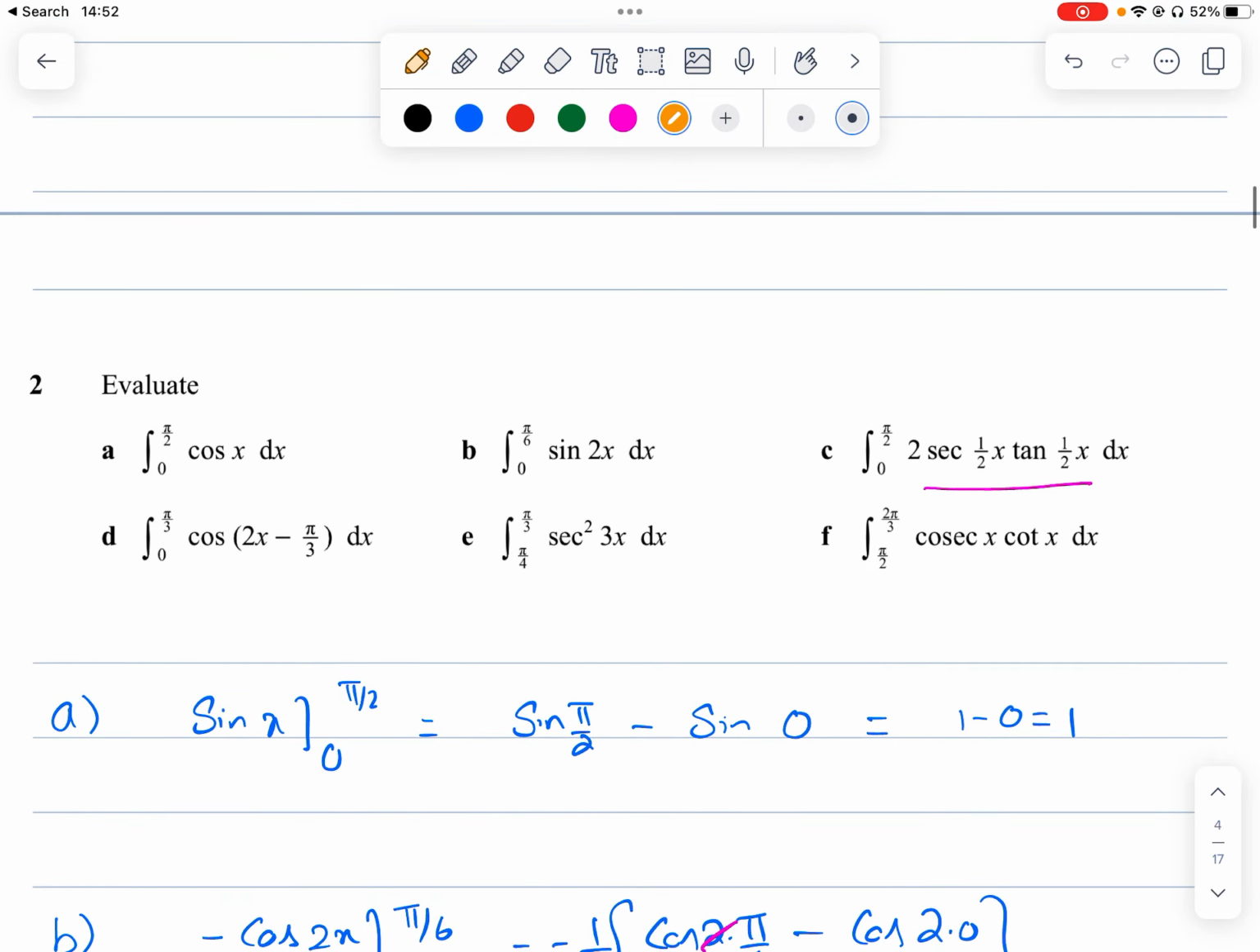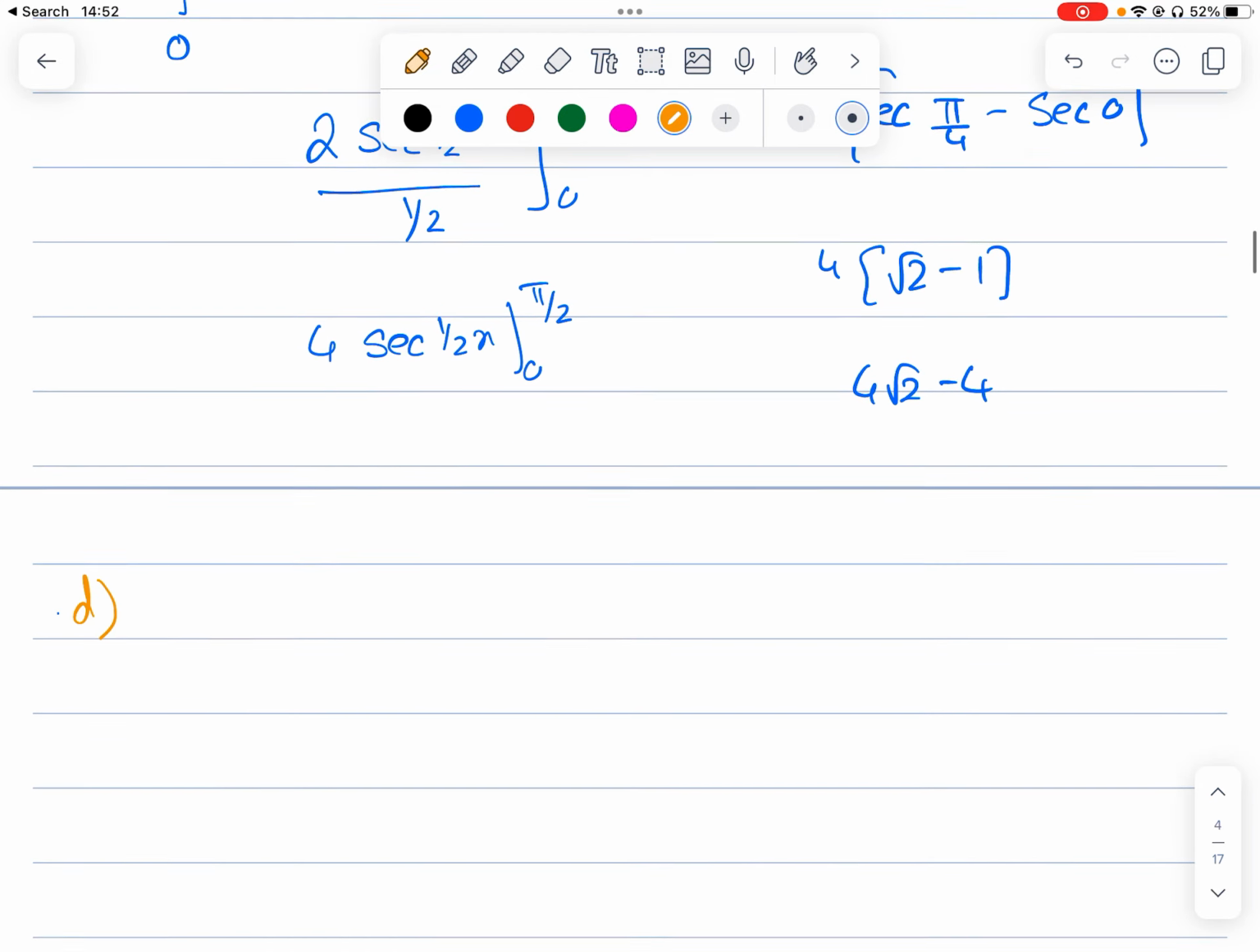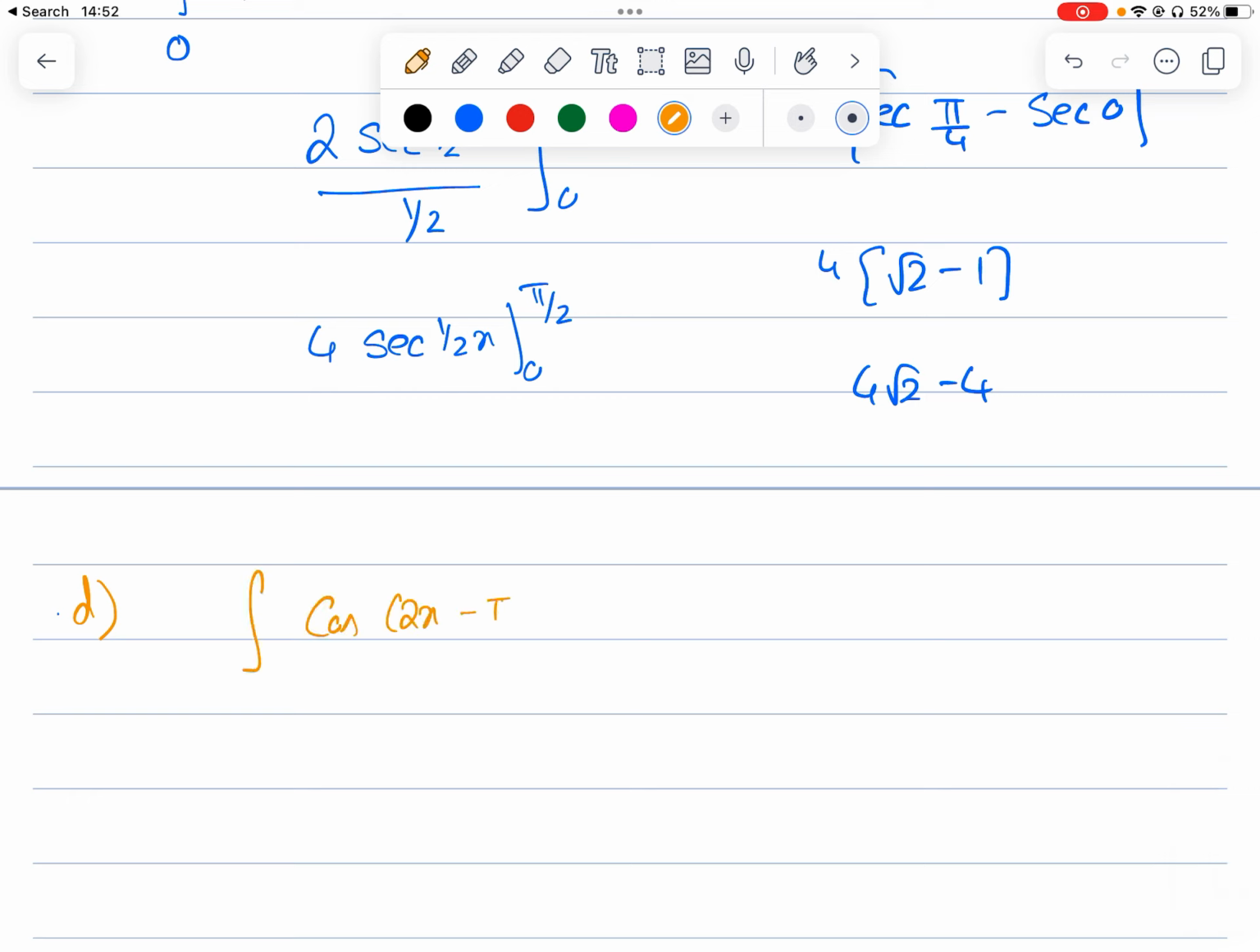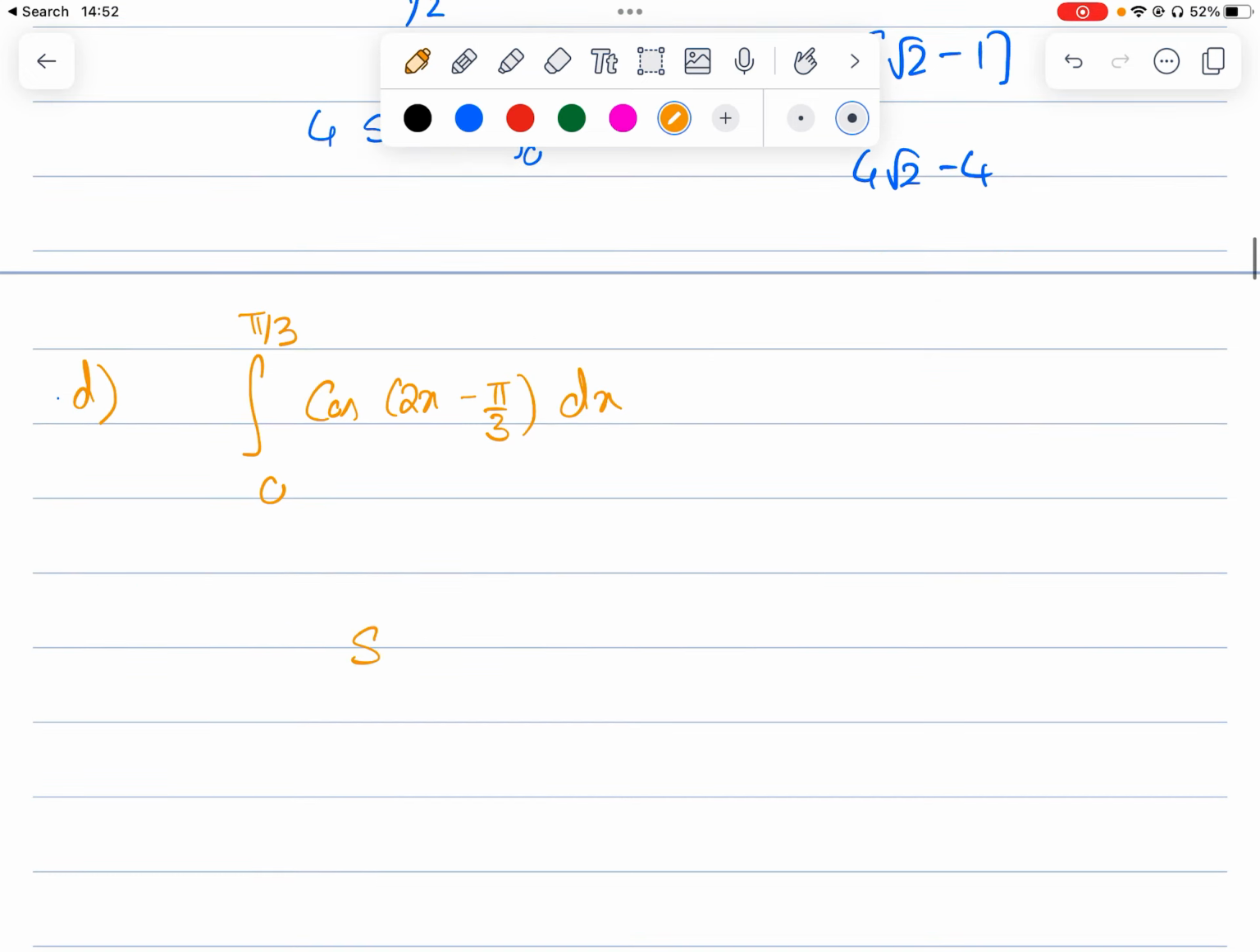Integral of cos(2x − π/3) from 0 to π/3, dx. The integral of cos is nothing but sine: sin(2x − π/3) from 0 to π/3. Plug in the upper limit: sin(2π/3 − π/3) minus sin(0 minus